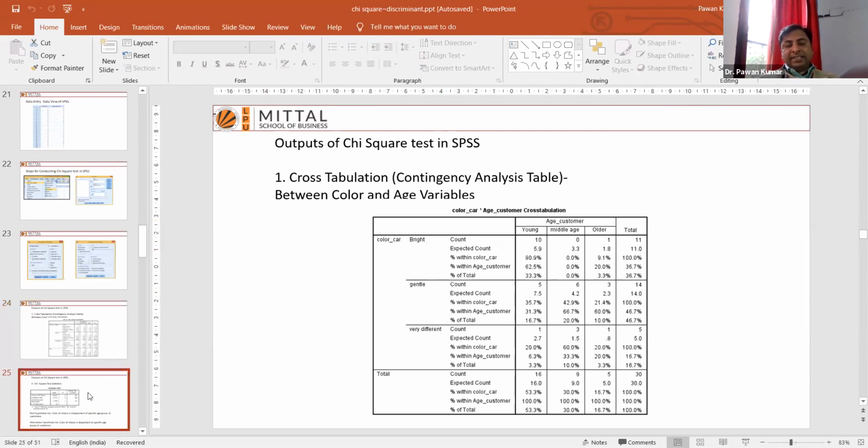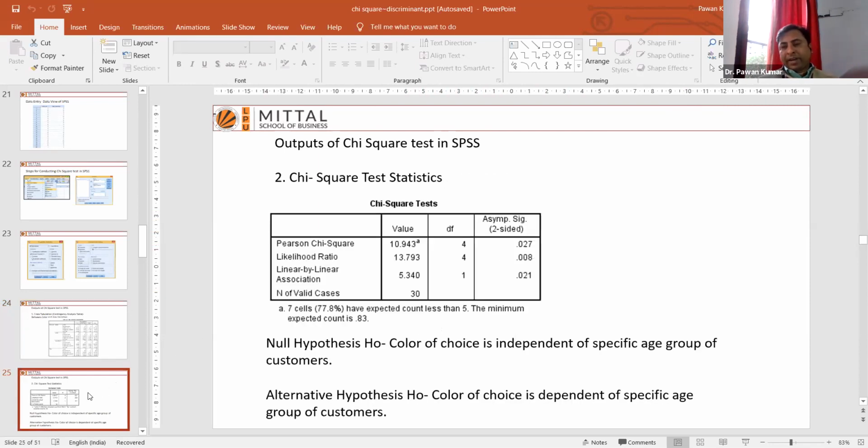Then in the next slide, I am showing you the output of the chi-square test. When you execute the chi-square test, you will get this table also. This statistics shows you the value of Pearson chi-square. From which do you have to take the decision? You are supposed to take the decision from the Pearson chi-square, and the 0.027 is